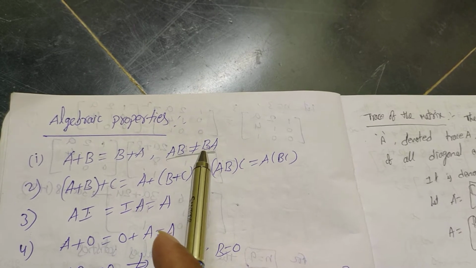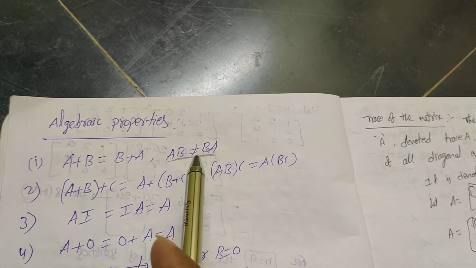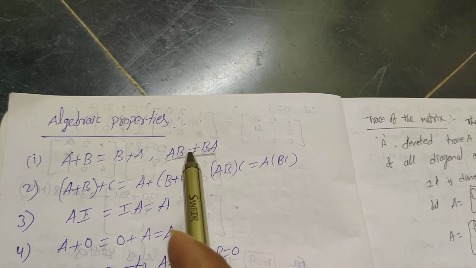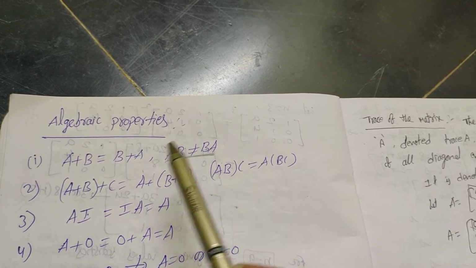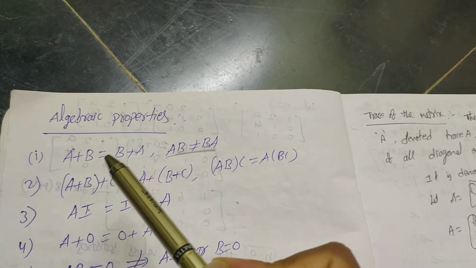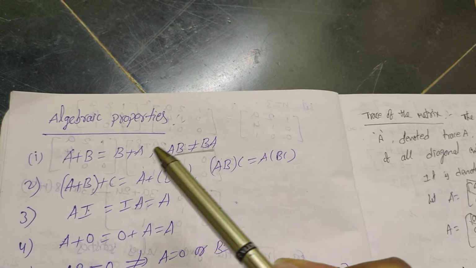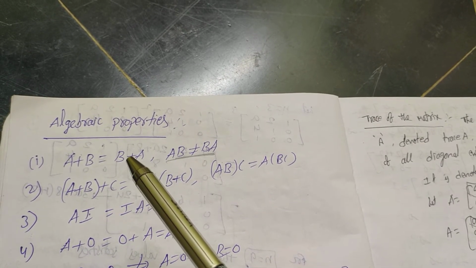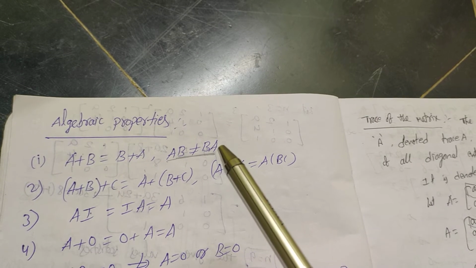Commutative does not hold means it is not possible in all cases. In some cases it may be possible. Already we observed by taking some examples. Already, in our homework or in our material we have more problems based on this one. You might observe all these. That means A + B = B + A and AB is not equal to BA.